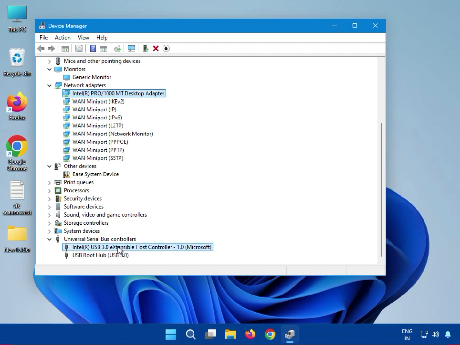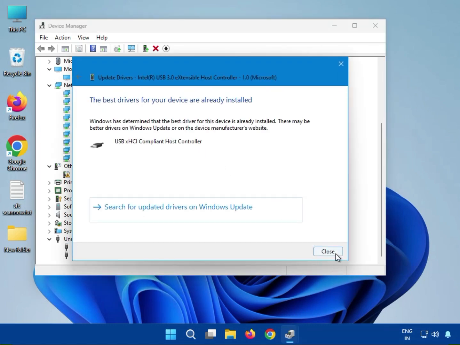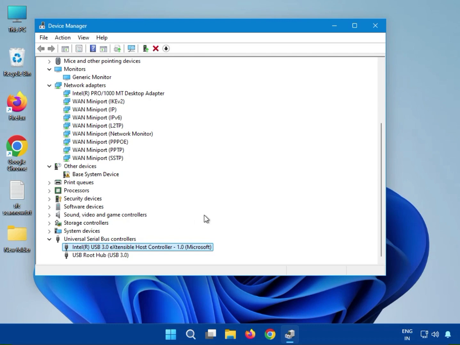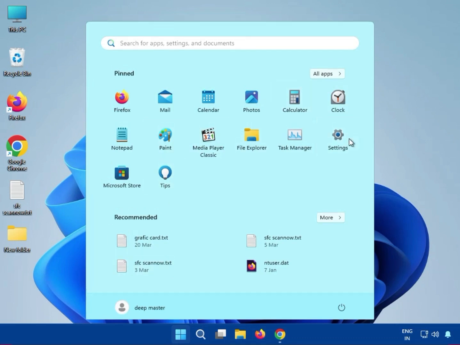Universal 3.0 update. Okay, so you can, guys, one by one update all and then restart your system. Thank you. So click to start, go to settings,